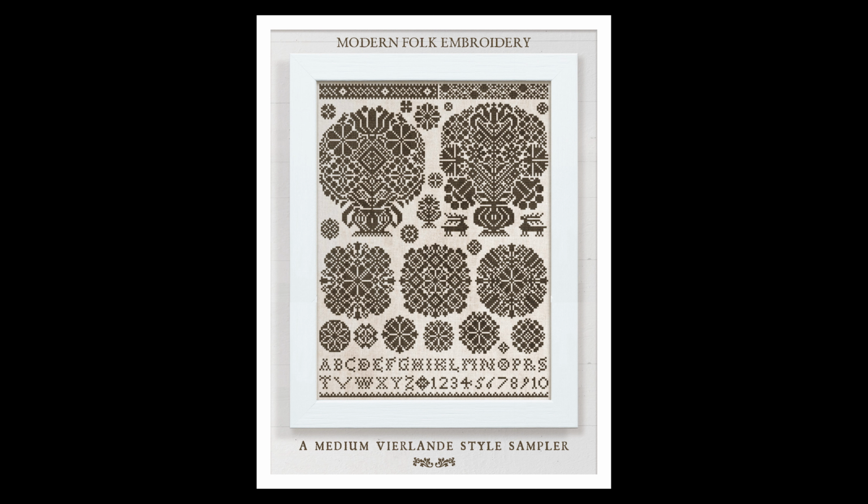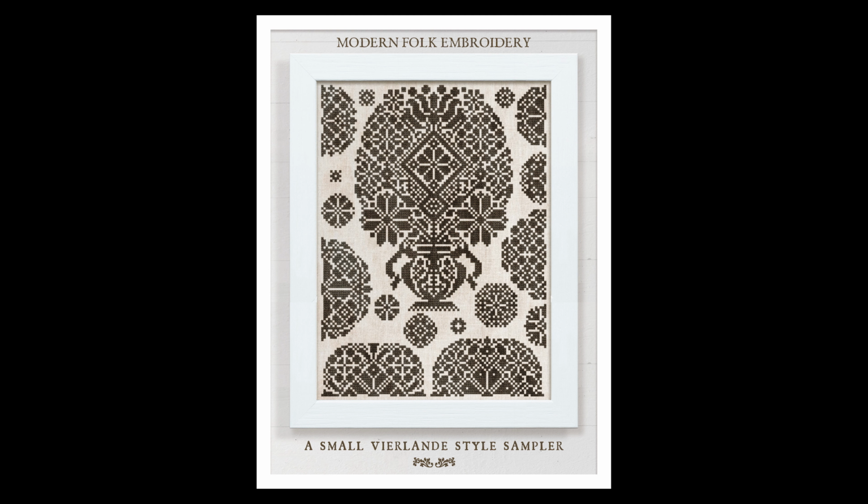The second design is the small Vierlande. As you can see in the image here, it's got 1 large tree of life right in the middle, surrounded by some half medallions and some mini medallions. The half medallions on traditional samplers are quite interesting, because